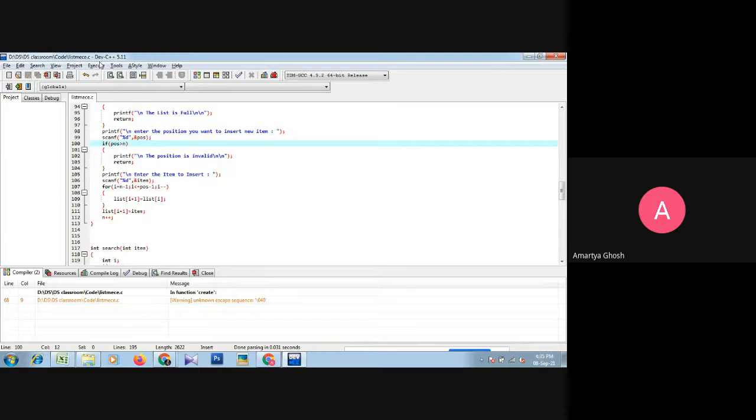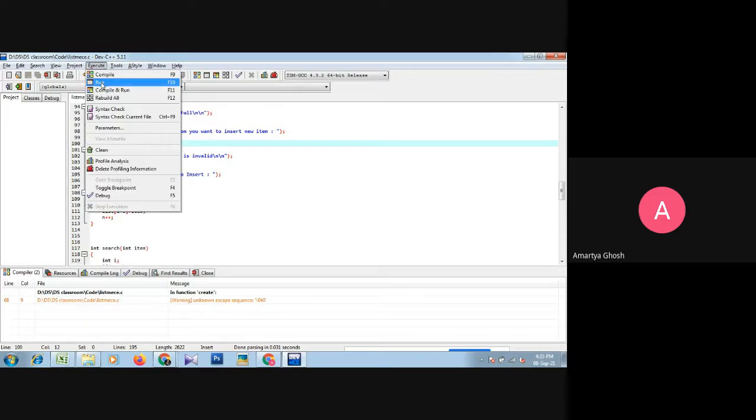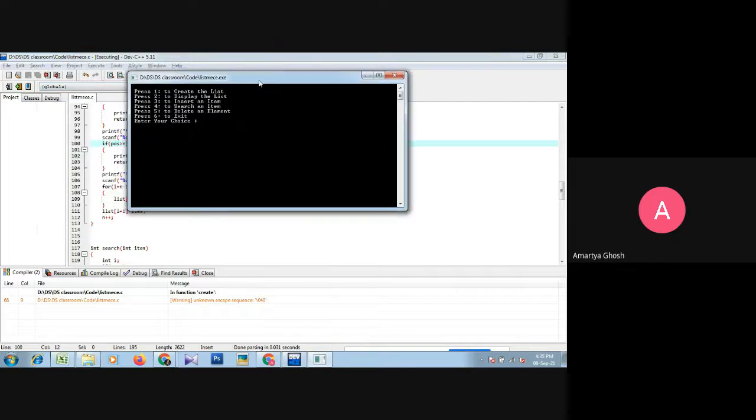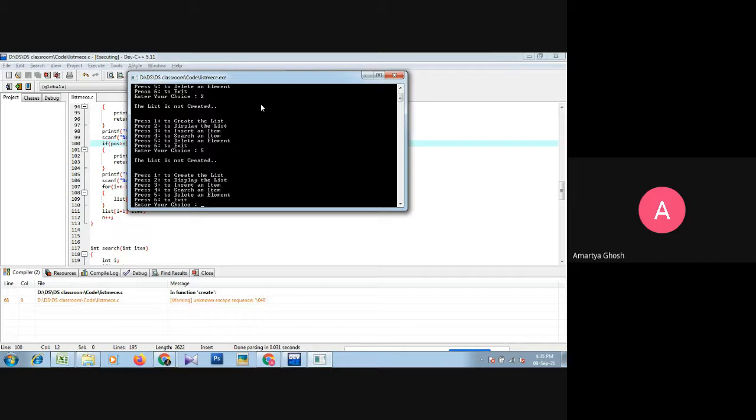So save, compile, run again. Initially the list is not created. Still I go to 2, display. The list is not created. Understand? And again if we go to the delete operation, that means 5, again the list is not created.